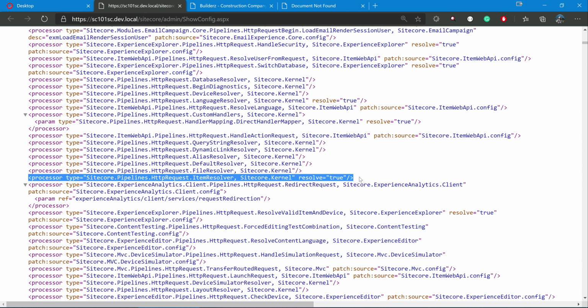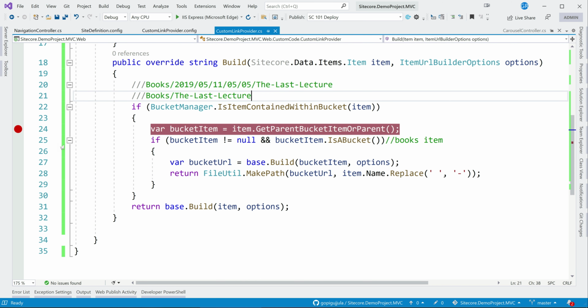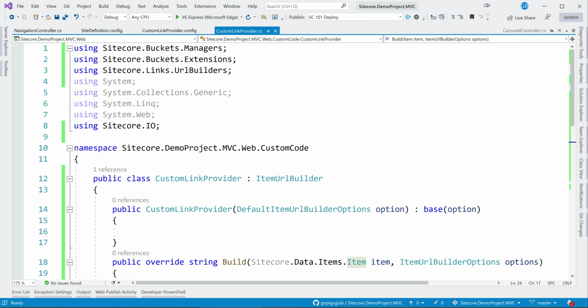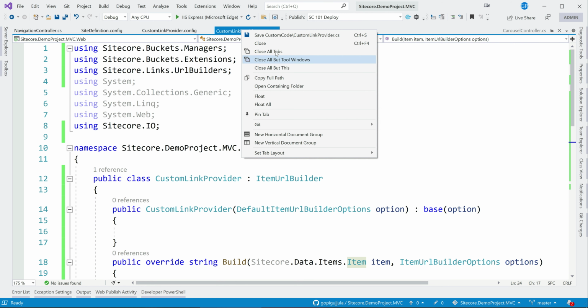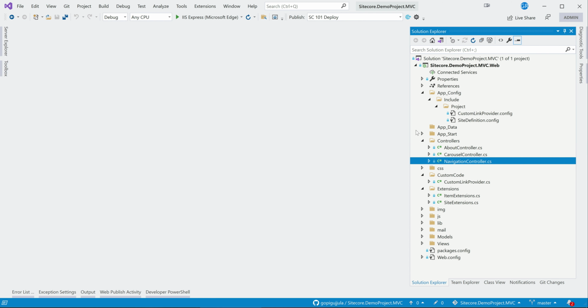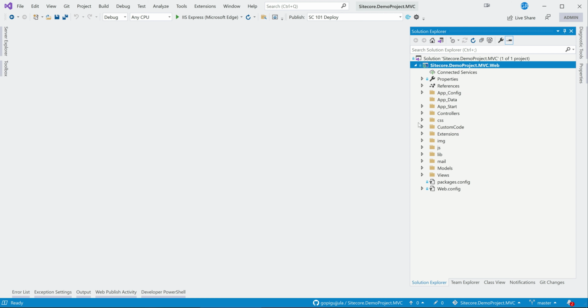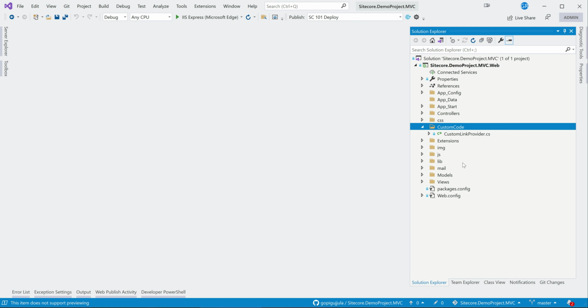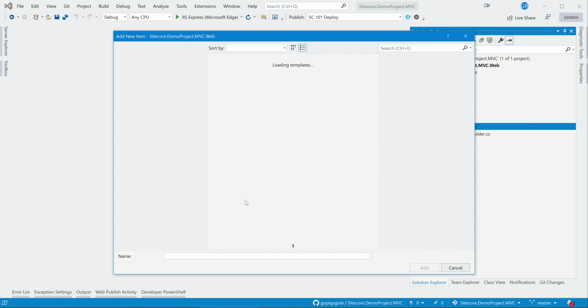Next, let's create a custom item resolver and do the config patching and everything. Let me close all of this. Let's open here and collapse. Under custom code, let me put one more class here.